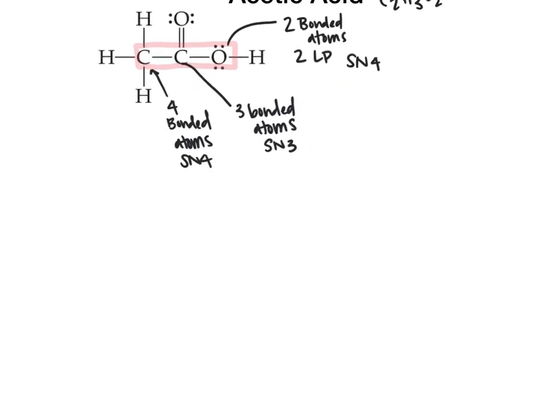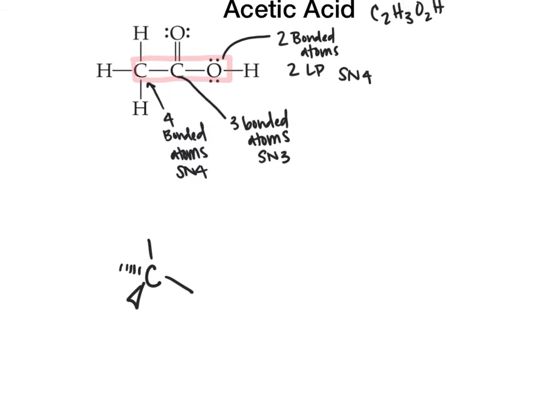So you want to start at either the left or the right and basically draw accordingly. So I'm going to start with this carbon, and I'm going to connect each of these items. We can see that there are 3 hydrogens and another carbon. I'm going to put the carbon here, place my 3 hydrogens here. I place this carbon in the plane because if you add it to a wedge and a dash, it's really hard to continue drawing the molecule. These 4 steric centers I've drawn in red up at the top, you want all of those to be in a line in the plane of the board. So this next steric center